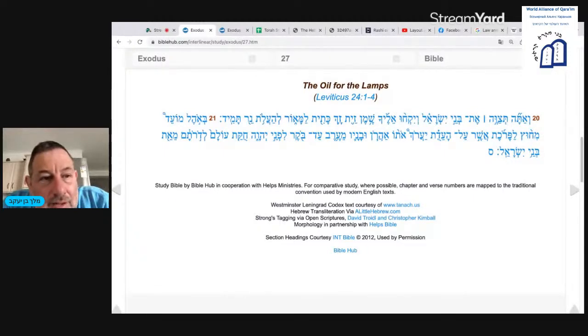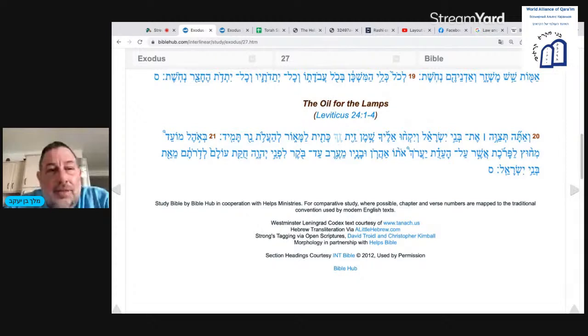So pure. Does it refer to it only being made from olives, that nothing else is mixed in there, or maybe more likely that it refers to the sense of the more you press olive oil, so you do like a first pressing? So this might be the equivalent of virgin olive oil. Okay, that first pressing, where you get the best quality,